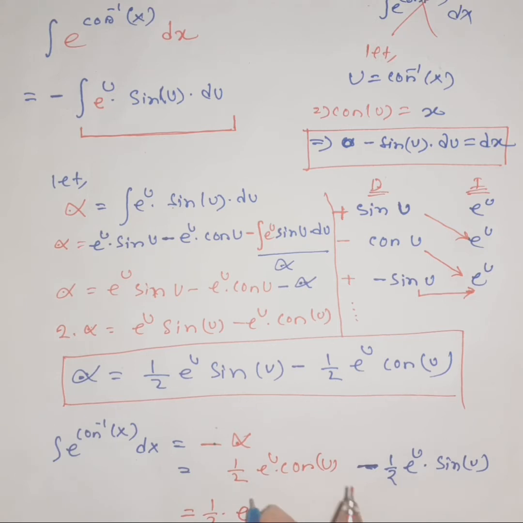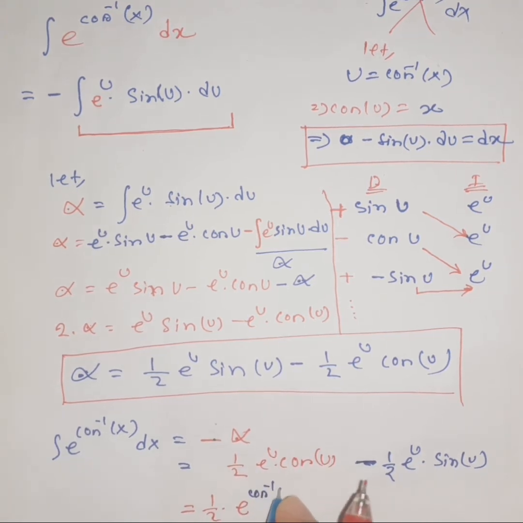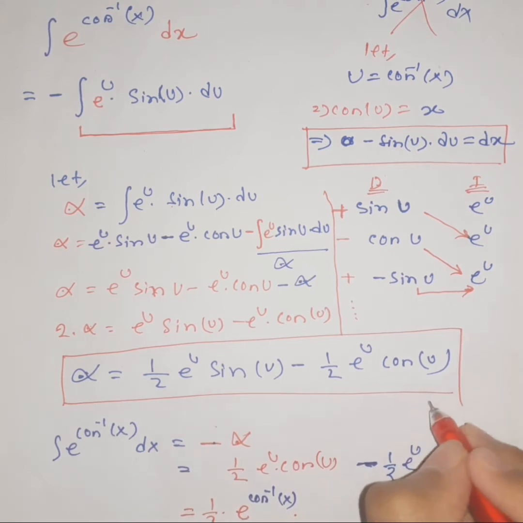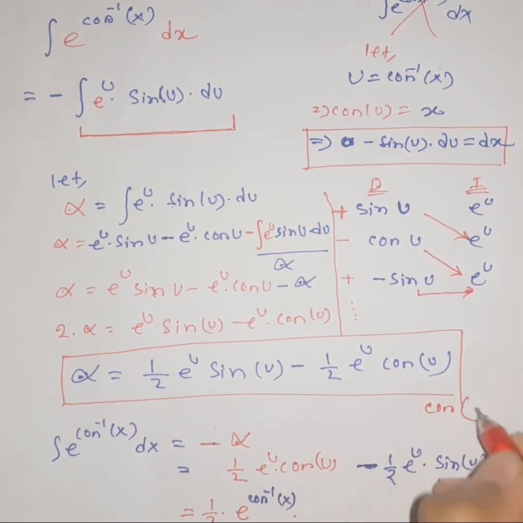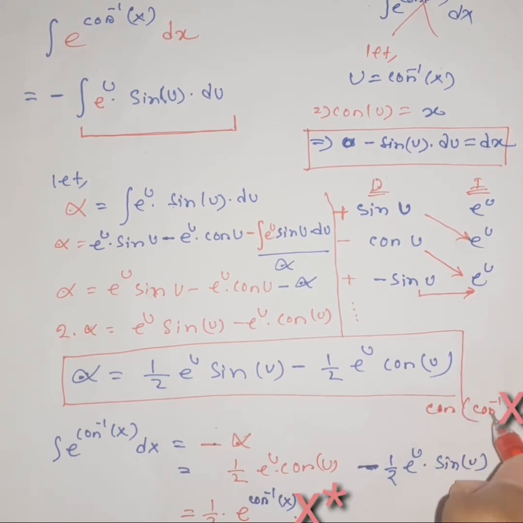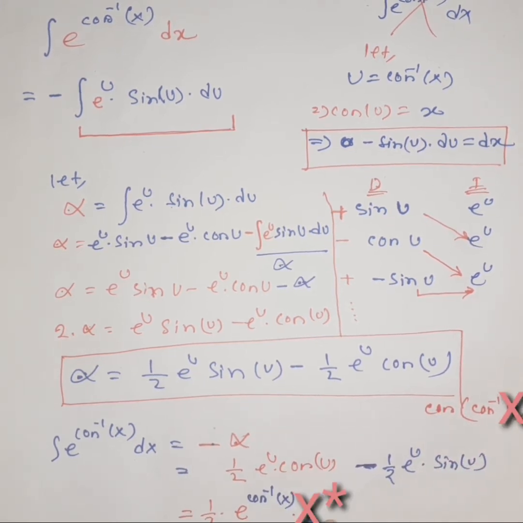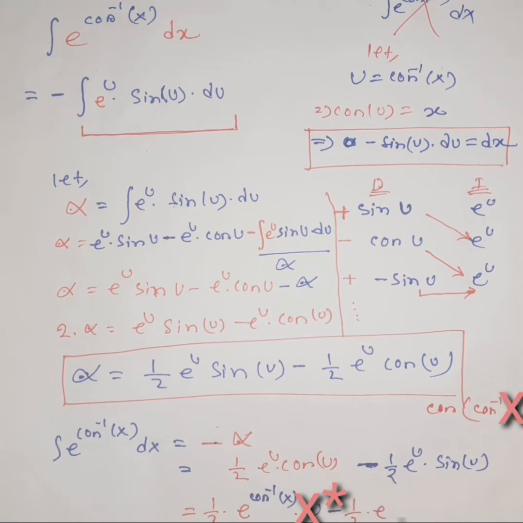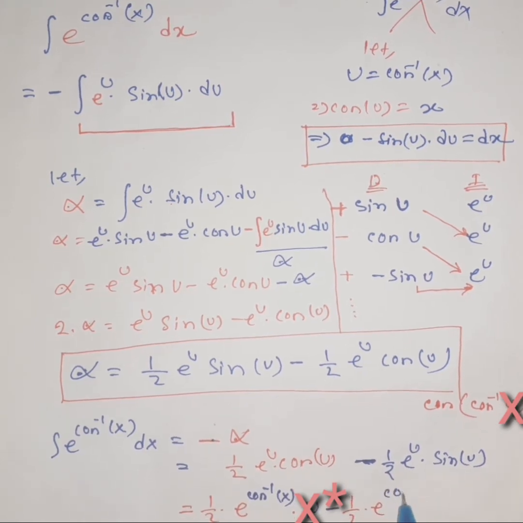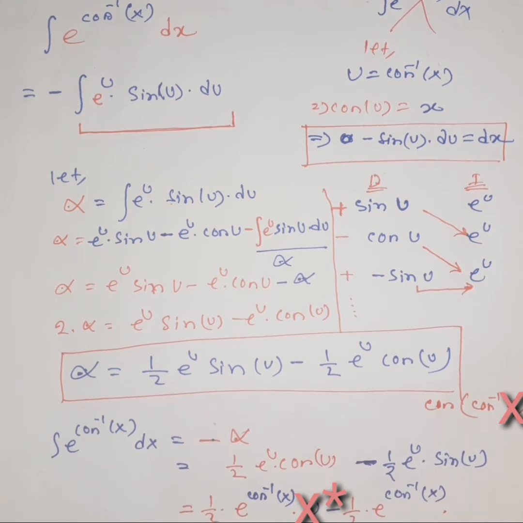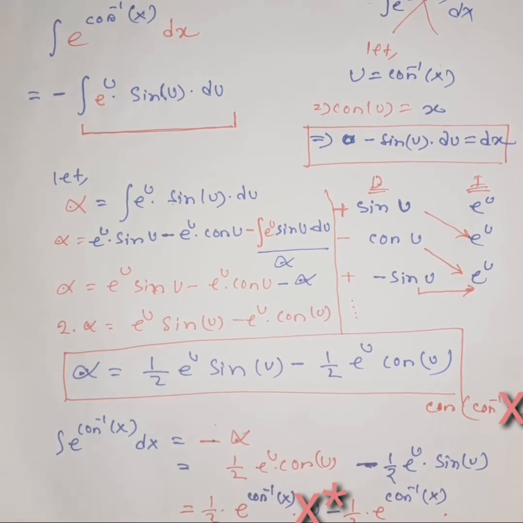Cosine of u means cosine of cosine inverse, and cosine inverse will cancel out, so only u is left. And now here, half e to the, again u equal to cosine inverse of x, and let's see, sine of u means,